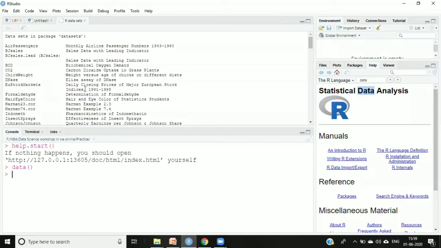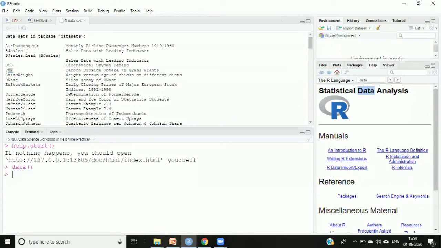This command will show you the different data sets which are available with our RStudio. For example, there is a CO2 data set available, BJ cells is available, air passengers is available. Whichever data sets are there, you will be able to see with the help of this data command.